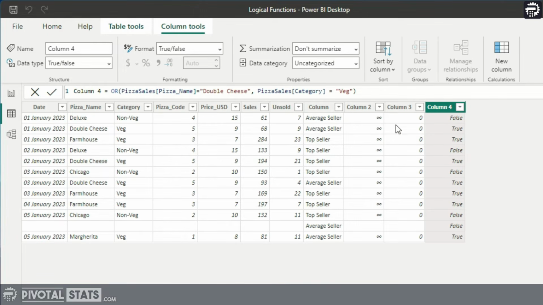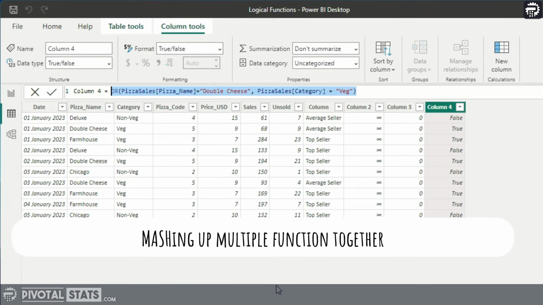So as you see, it has given me the correct values here. If it was a double cheese or if it was a veg, it has given me true values. Anywhere else, it has given me false values. Now let's see an example of using AND and OR inside an if condition, which is again very powerful. So we are now mashing up 2 functions together, right? So what we do